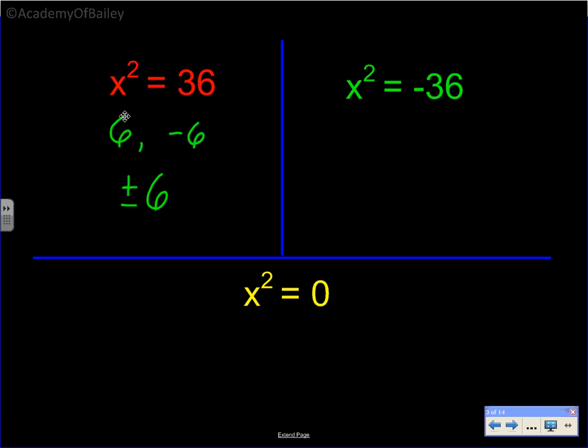Okay. Let's go over to the one on the right in green. X squared is equal to negative 36. Now, which number multiplied by itself will give you negative 36? Think about it. Which number multiplied by itself will give you negative 36? Let's run some numbers together here. Well, we know 6 times 6 is going to be 36. That's a positive. What about if I make that negative? Well,